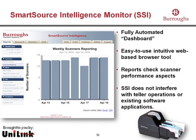And finally, if you're looking for what we think is the smartest piece of intelligence for monitoring software at the main location, Burroughs offers what we call SmartSource Intelligence. It's a small server application which is completely customizable by your organization. It has a great dashboard for a quick look at all of your locations to see if there are any issues that need attention. For example, there might be an ink cartridge that's going low. This application would provide that capability to you